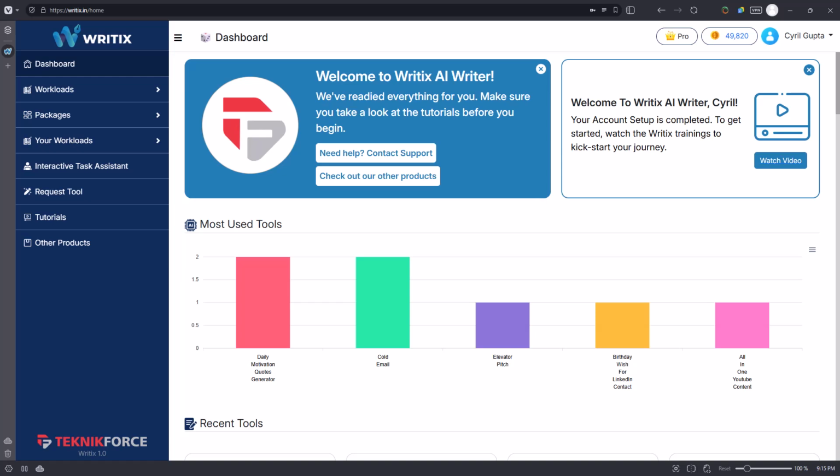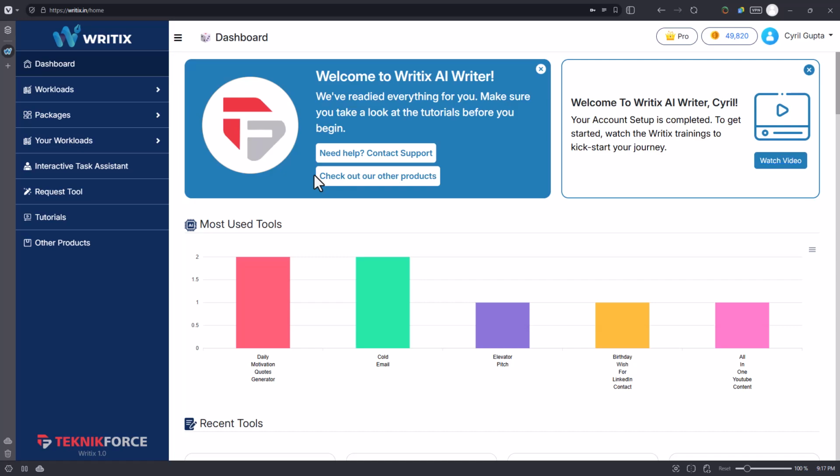Well, a few days ago I saw a stat that really shocked me. Even today, only about 25% of small businesses have adopted AI, and the bulk of them, that 75% of them, have not adopted AI in their business. Well, that needs to change, and Writix is the right tool to change that, because Writix gives you AI, but